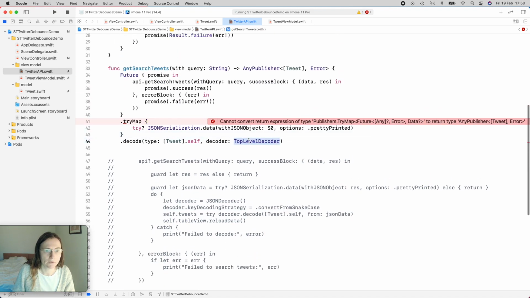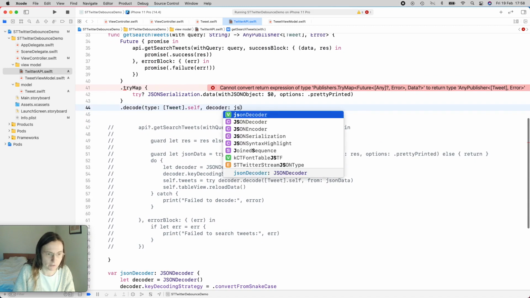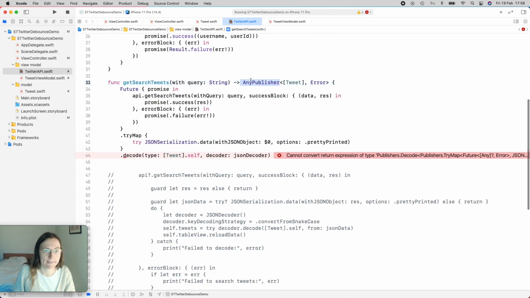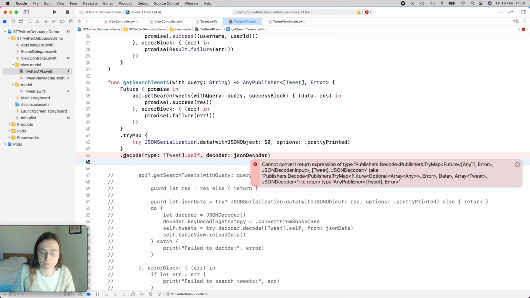So now I can use here my JSON decoder. Here you see, don't worry about these errors. This is just because we didn't finish it with this AnyPublisher here. And this is not try question mark, it's just try because I have here try map. So now the newest error it gives me is that I have here this nested publisher, which doesn't work and